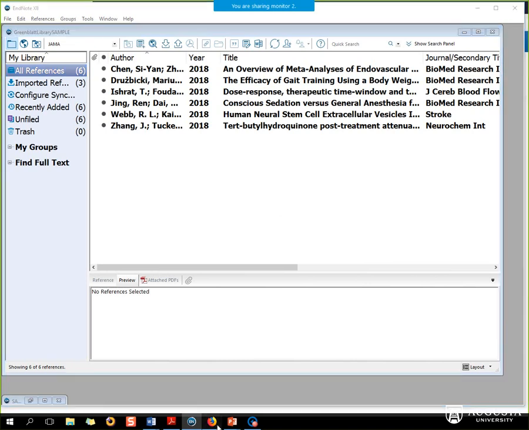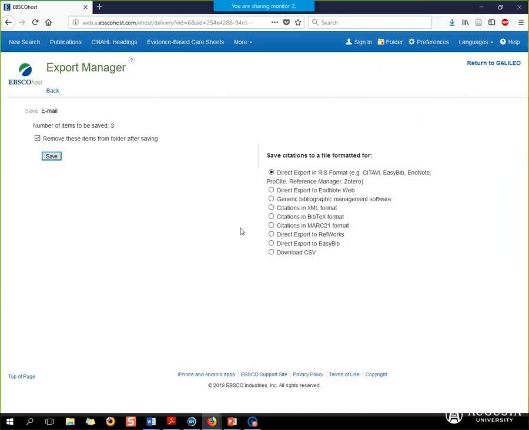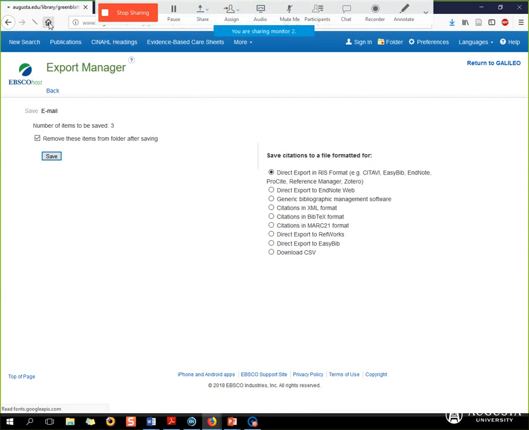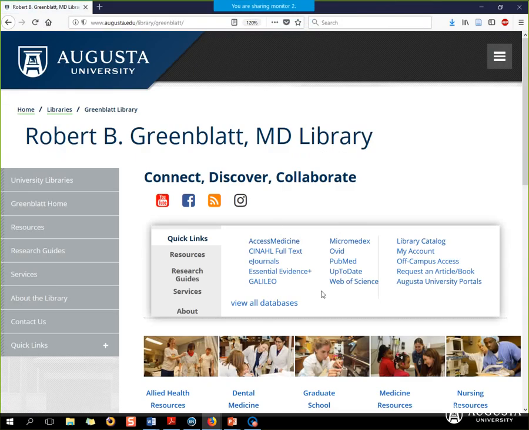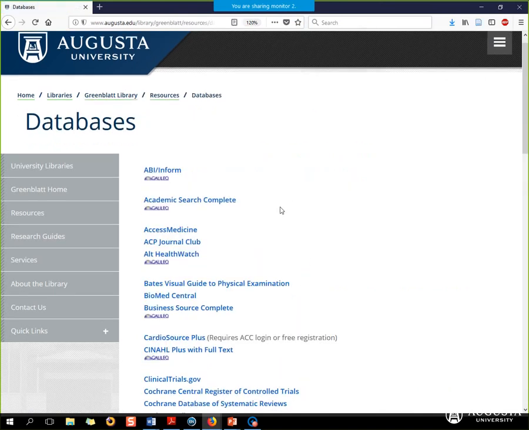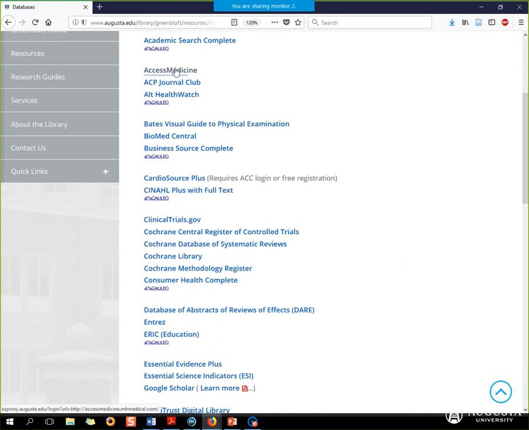Now I will tell you, if I were to go to Firefox right now and go back to the home page, a lot of the databases we have work very, very well with EndNote. Some do not. So if we were to go through this list and take a look, Access Medicine is not really an indexed database. That's not really going to work. UpToDate, again, is something that we don't really export records from. It doesn't really work well with it. ClinicalTrials.gov is not set up